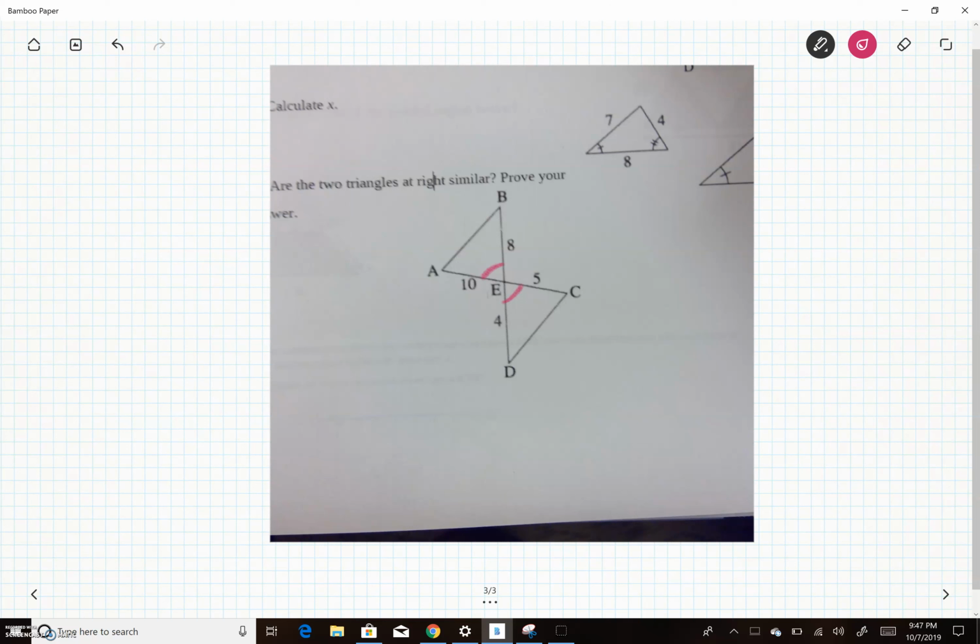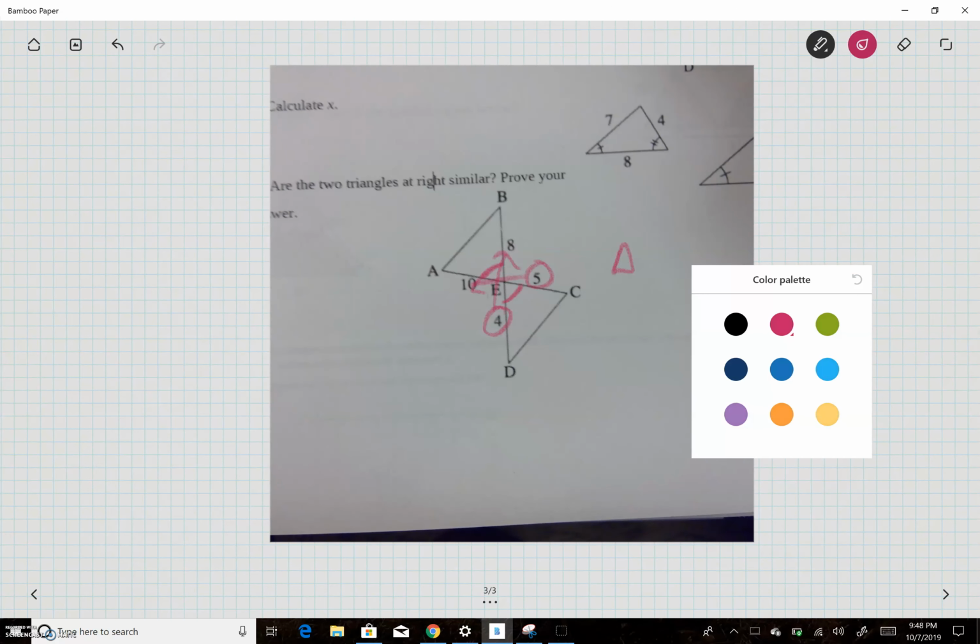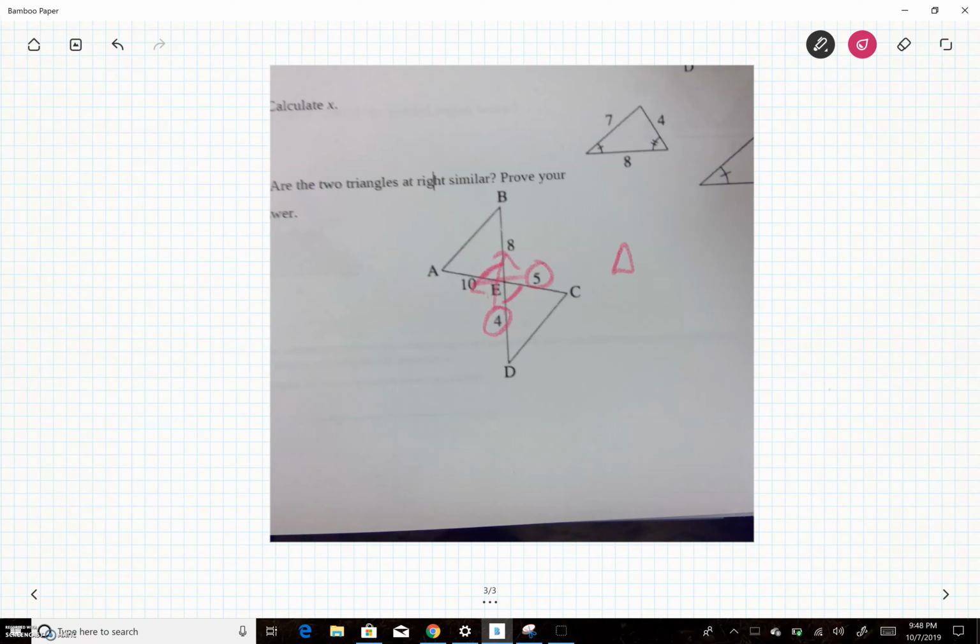Then we have side angle, side. And obviously, oh, look, you guys, we can figure this out. We know 5 times 2 is 10, right? And 4 times 2 is 8. So let's write a similarity statement. And let's do it in the correct order. So if I say triangle AEB